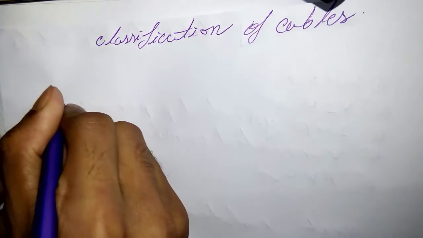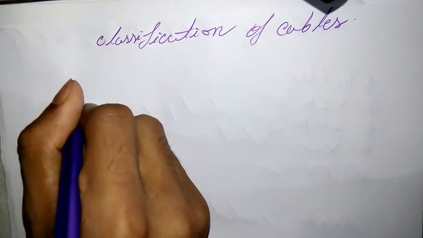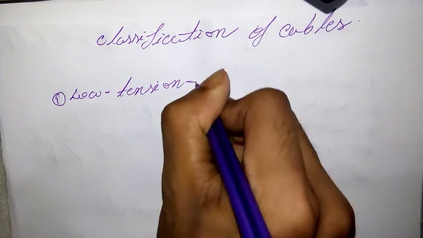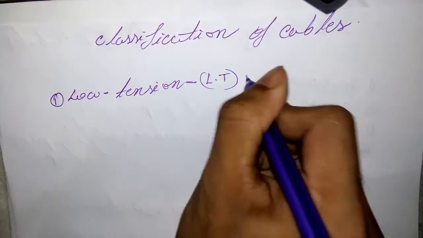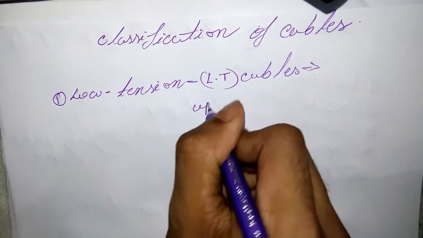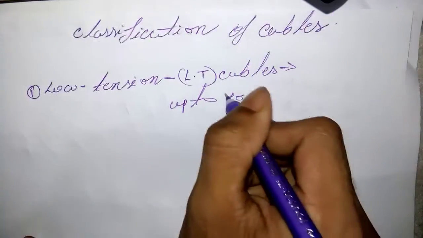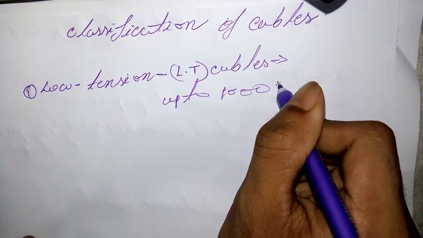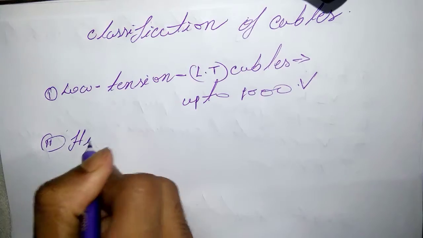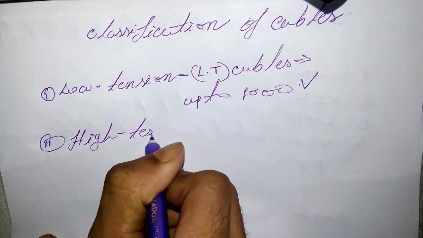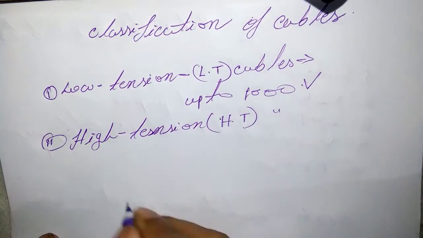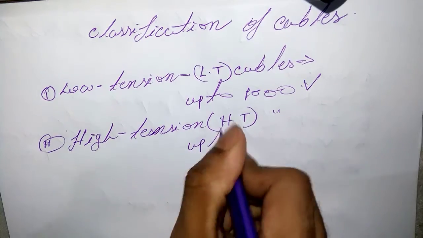First one is low tension, in short LT cables. These are used up to 1000 volt. And the second one is high tension, in short HT cables, and these are used up to